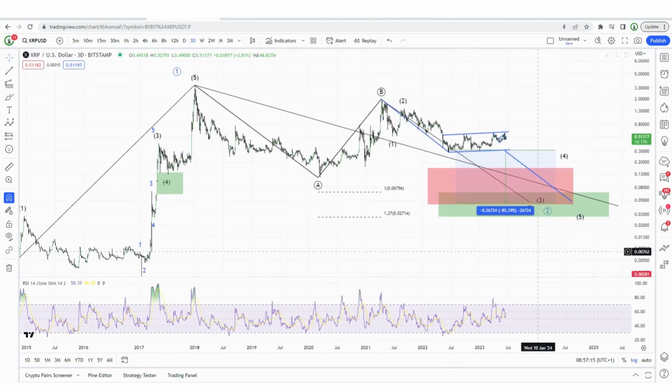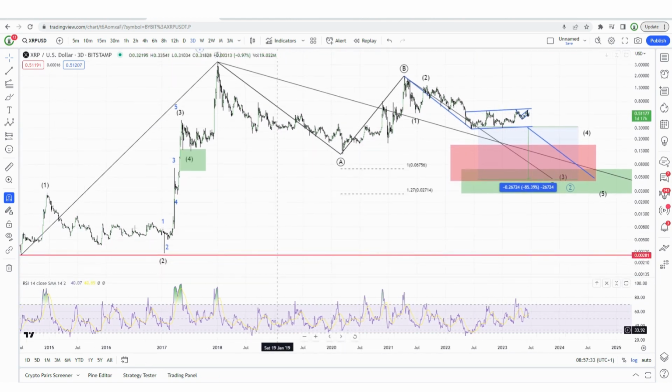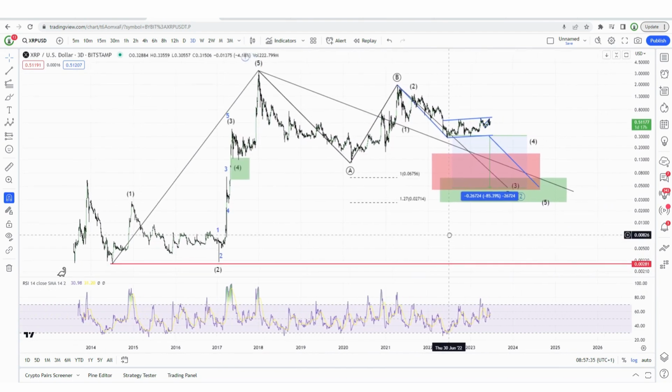they love XRP. They want it to go to $10. That's fine. I love XRP. I've bought XRP for many years. I've had battles with XRP just like everybody else has. But at the end of the day, it's an asset to trade. Now, on the bigger time frame, this could go